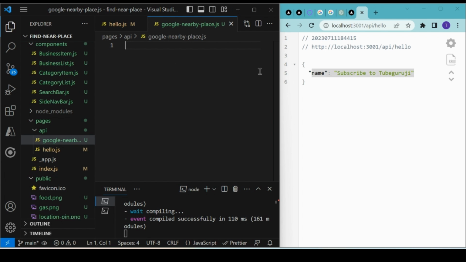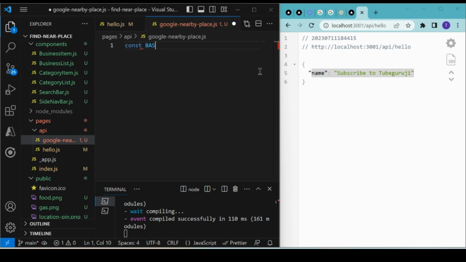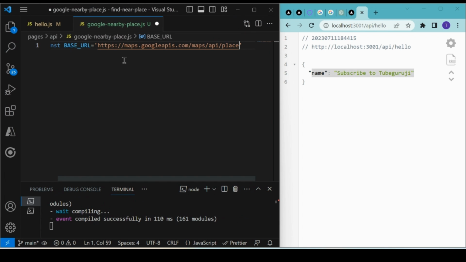Okay, so first of all, let's define some constants. In this case we will add the base URL, which is the URL for our API. I already have this API, I will copy paste it here, like this. Okay, let me close this one. Then we'll access the API key as well. So let's write GOOGLE_API_KEY, which is equal to